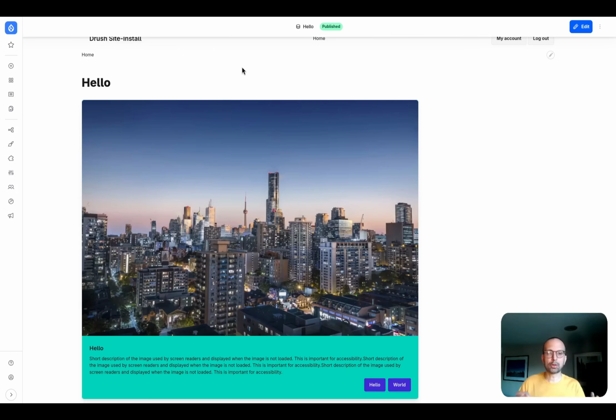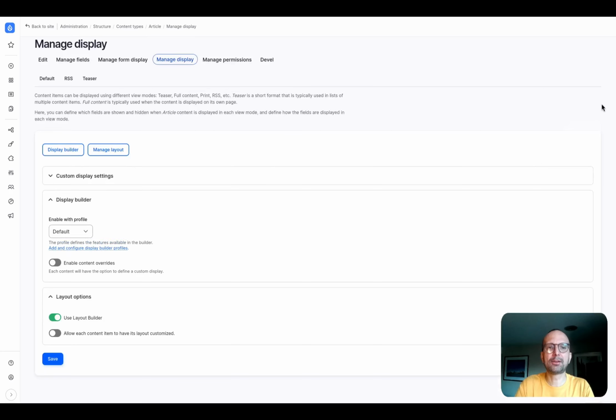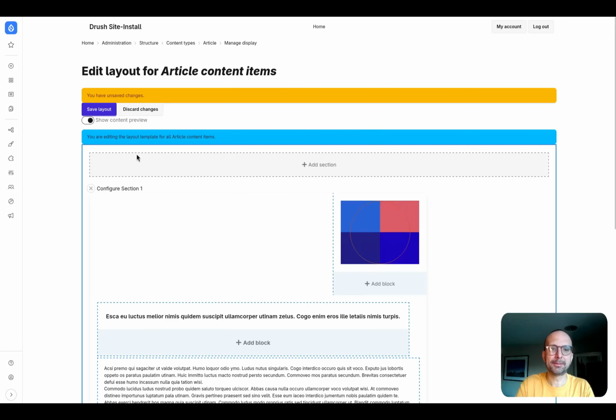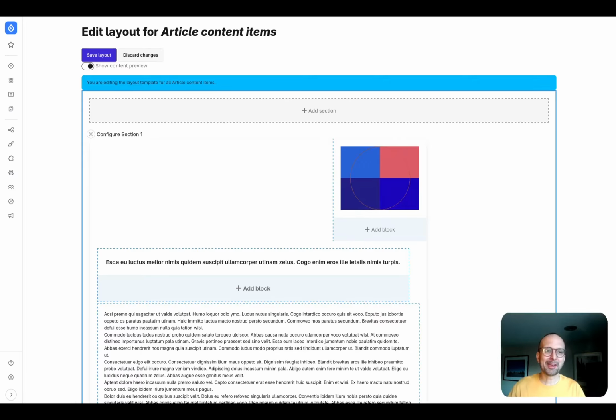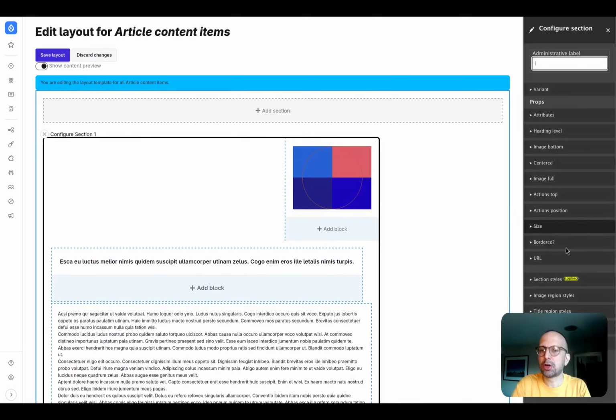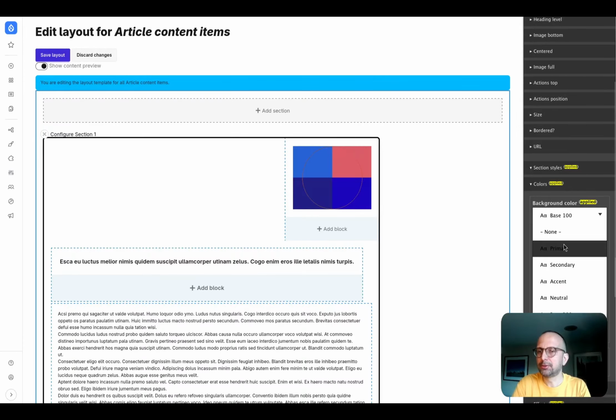However, I told you, Display Builder and Layout Builder can live together. Let's do something a bit silly. I go back to my Manage Display, I open Layout Builder. The green background is not applied because Layout Builder is not listening to Display Builder. But for example, if I want to change the background color here too, I will apply the primary color.